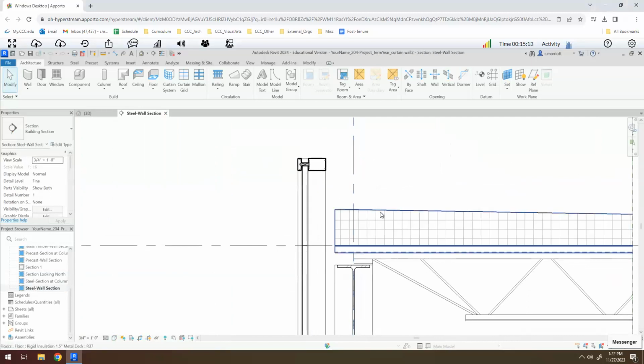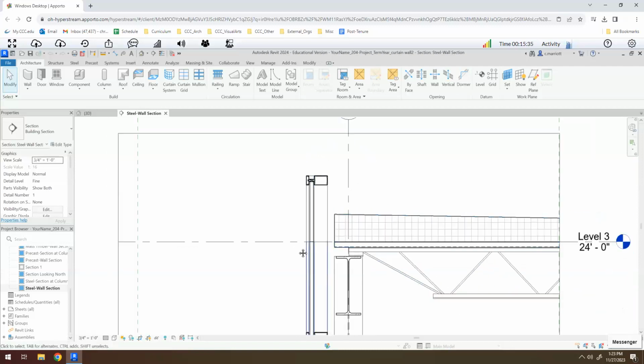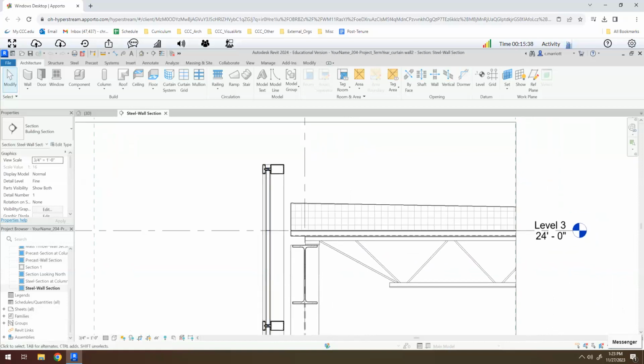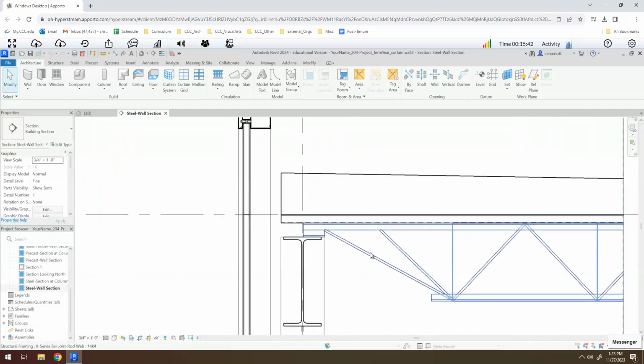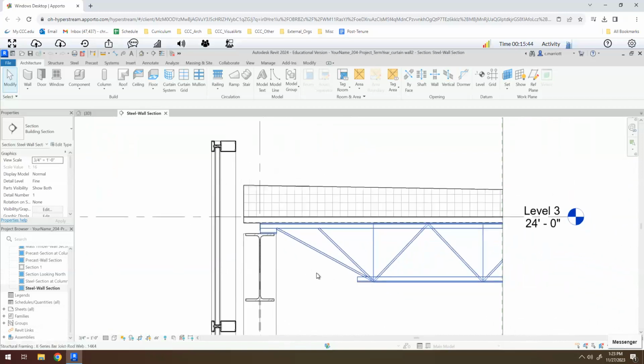So we have a pitched roof. It's a 1/4 inch per foot. It's a flat roof with a slight pitch rather. And what we need to do is add a coping at the top and provide a kind of a barrier to the environment in terms of water and passage of heat through this part of the building. So I'm going to start by making a change, and perhaps your file already has this, but